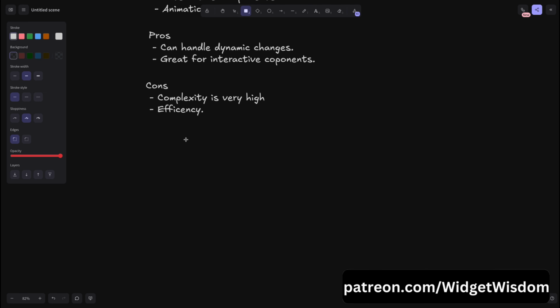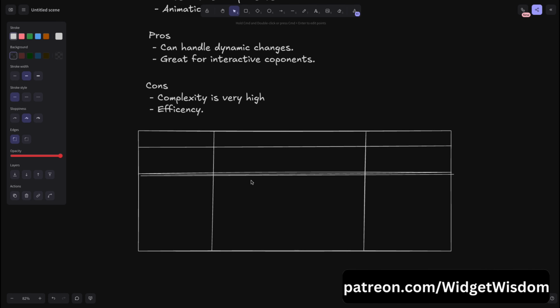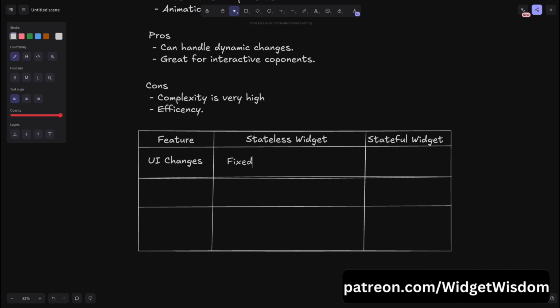Now let's compare the stateless and stateful widgets. Stateless widgets are perfect for static, unchanging UI components. On the other hand, stateful widgets are necessary when you need to react to user input or external data changes. So, feature-wise, stateless widget is fixed once while building, and stateful widget can change dynamically.